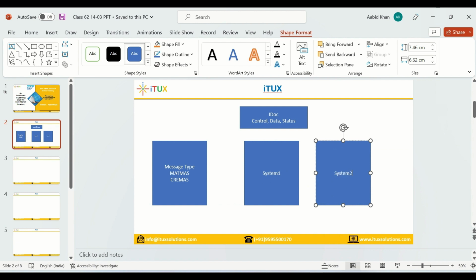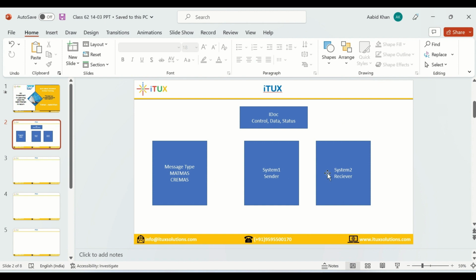So system 1 becomes the sender, and system 2 becomes the receiver. So when an IDoc is triggered from system 1 to system 2,